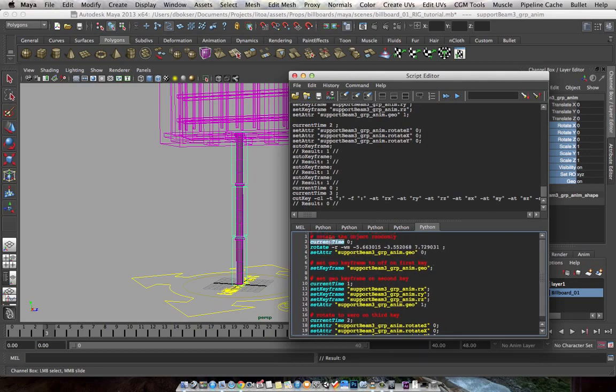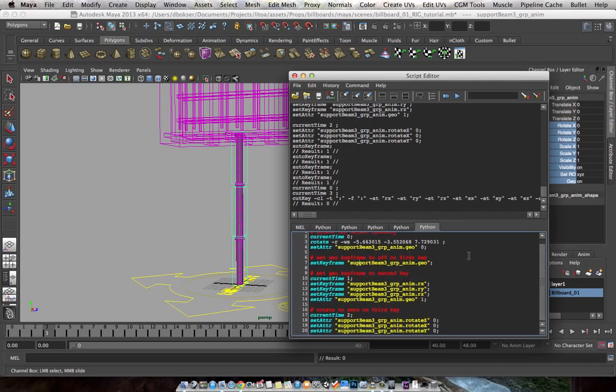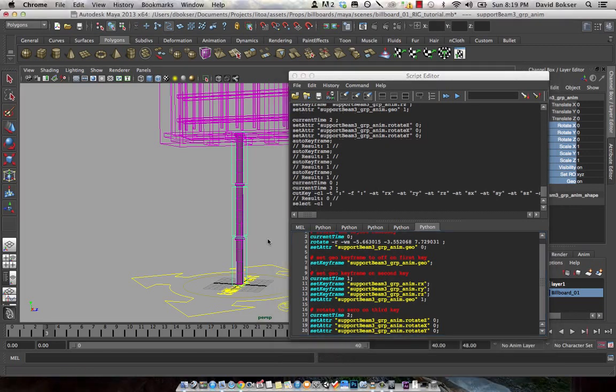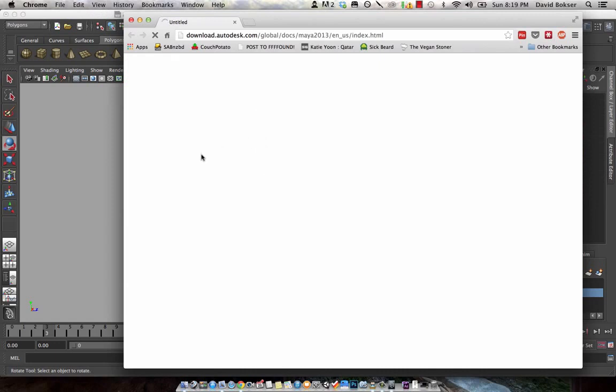So, as you can see here, I'm setting current time. In the set keyframe command, you could actually set what time you wanted to set a keyframe at. In order to find out what options are available to you, you could always press F1 in Maya, and it'll open up the